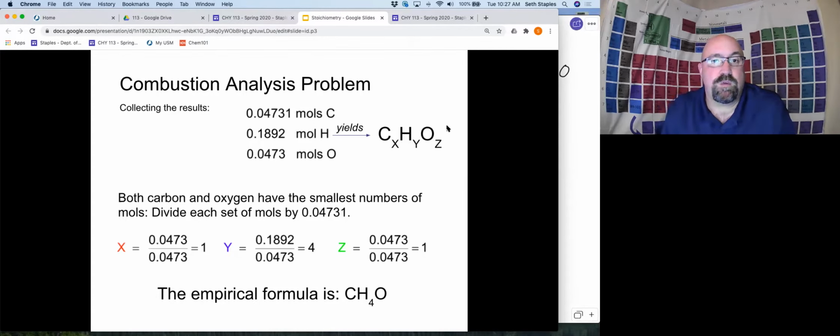And so now we can determine the molecular formula. Let's just come back to here. To find our molecular formula, we're going to take the empirical formula that we've just found, and we've already seen this. We've done this before. We find the molar mass of just our empirical formula. We have one carbon, 12.01. Our hydrogens, 4 times 1.008. Our oxygen, 1 times 15.999. And so the molar mass of just our empirical formula